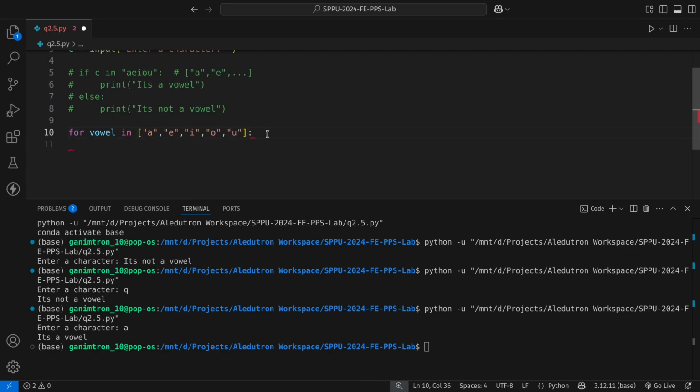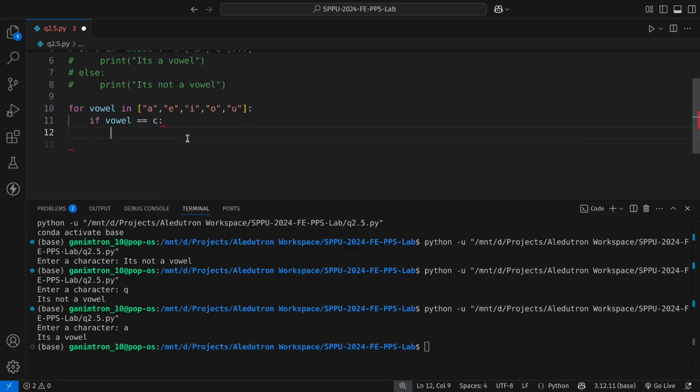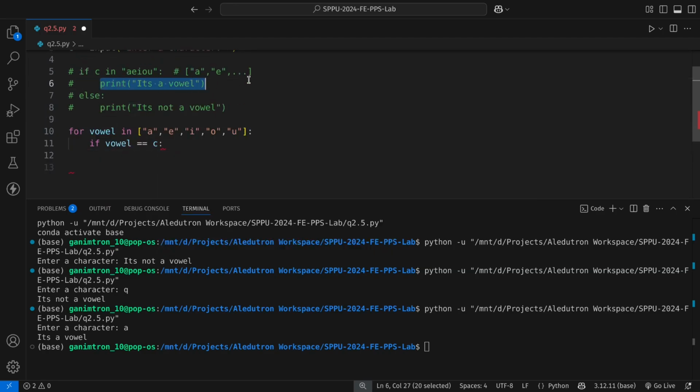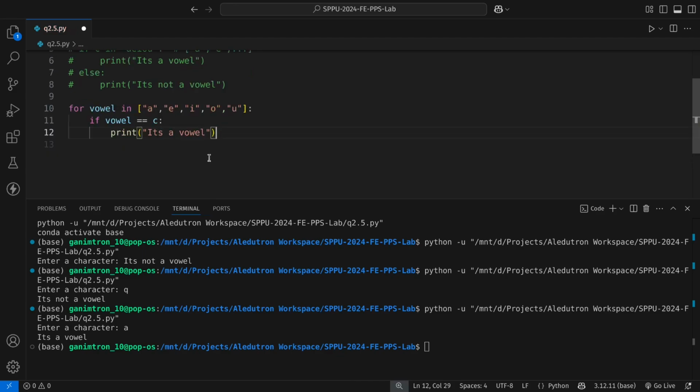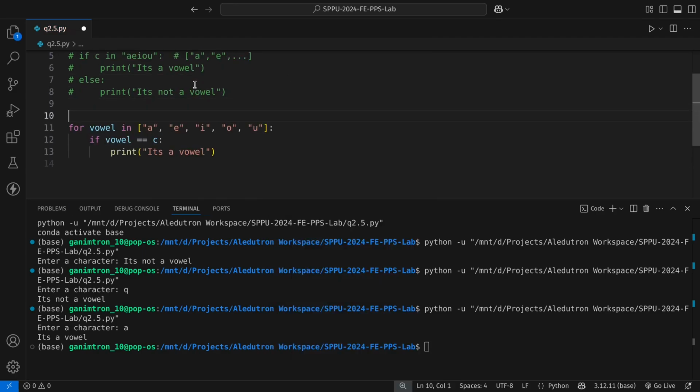So we will loop through each value in this vowels list, and then if vowel equals the character we entered, then we print it's a vowel.